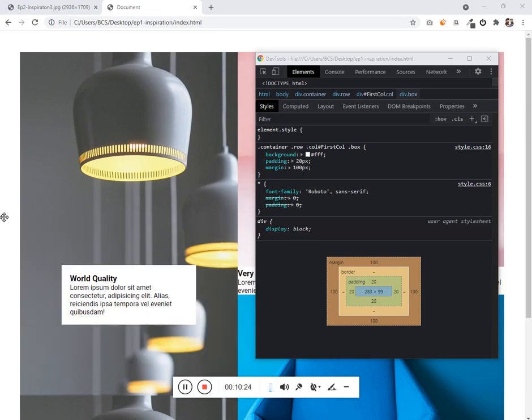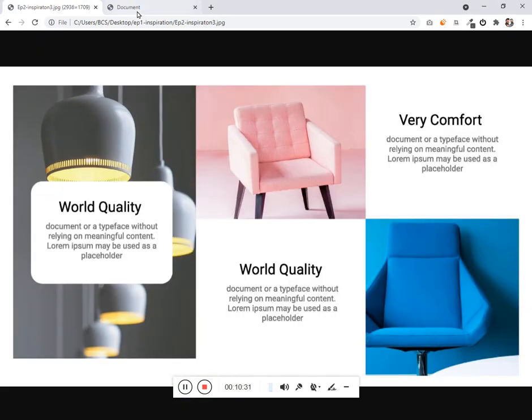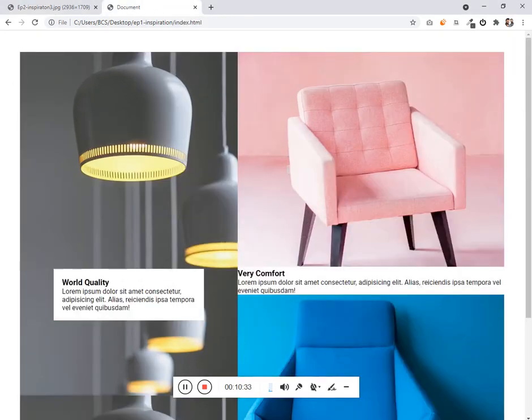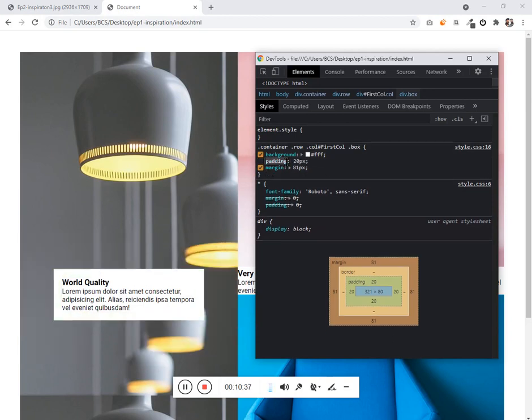So 100 seems to be too big. So this is okay. Now what we need is, let me just paste this for the box.